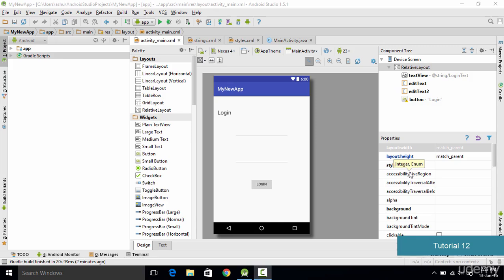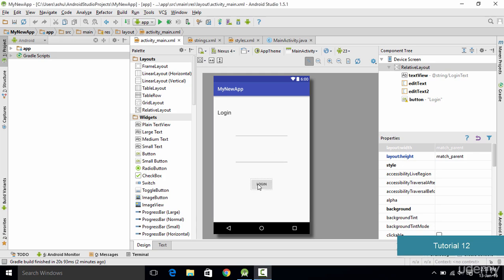Hello and welcome to this tutorial. In this tutorial we'll be designing the user interface of our Android application. This tutorial is going to be the continuation of the previous tutorial in which we designed this basic login screen for our application, and now we are going to study some things called resources. But before directly jumping into the resources, the first thing I need to mention is we